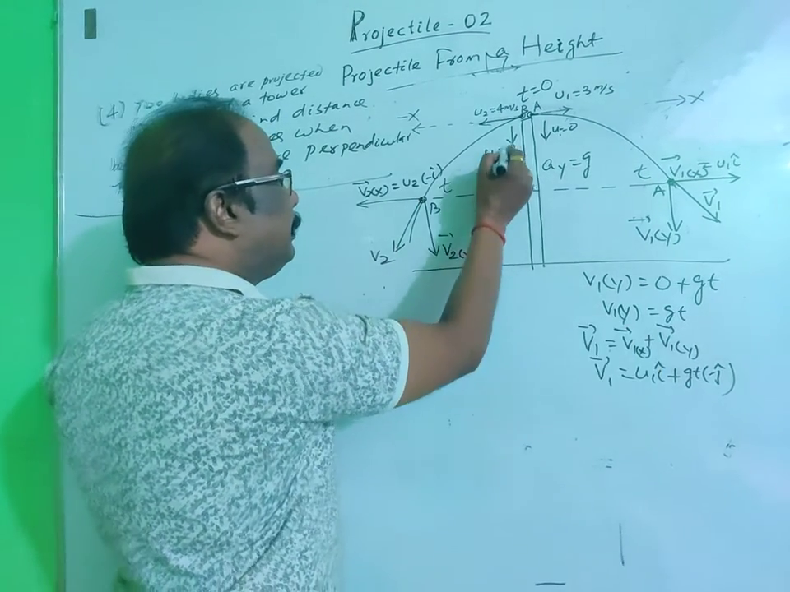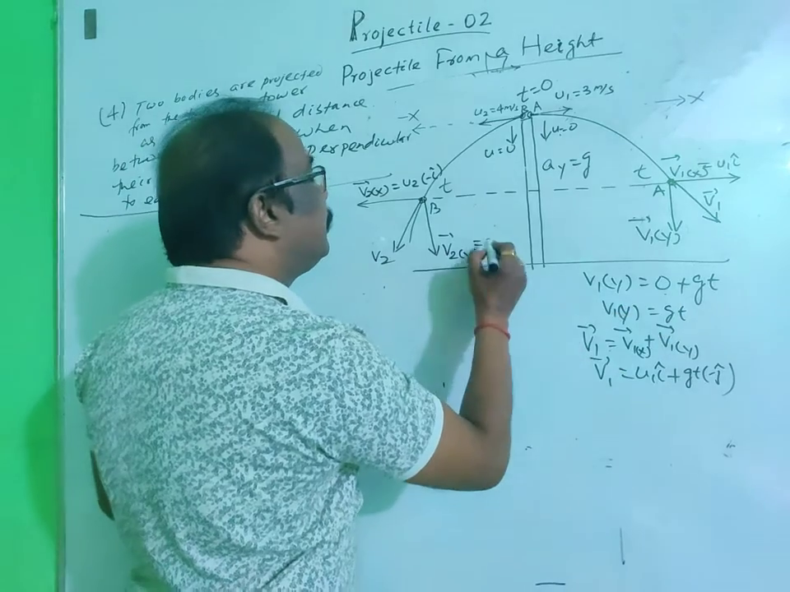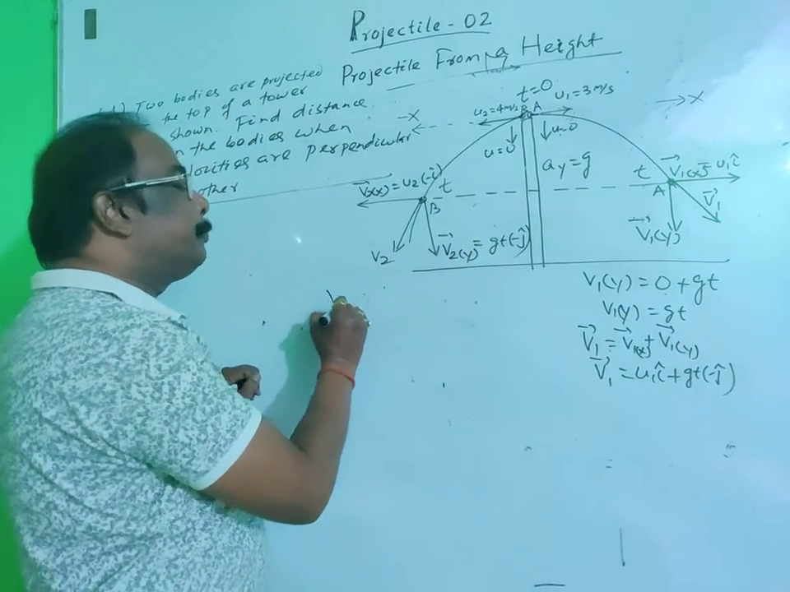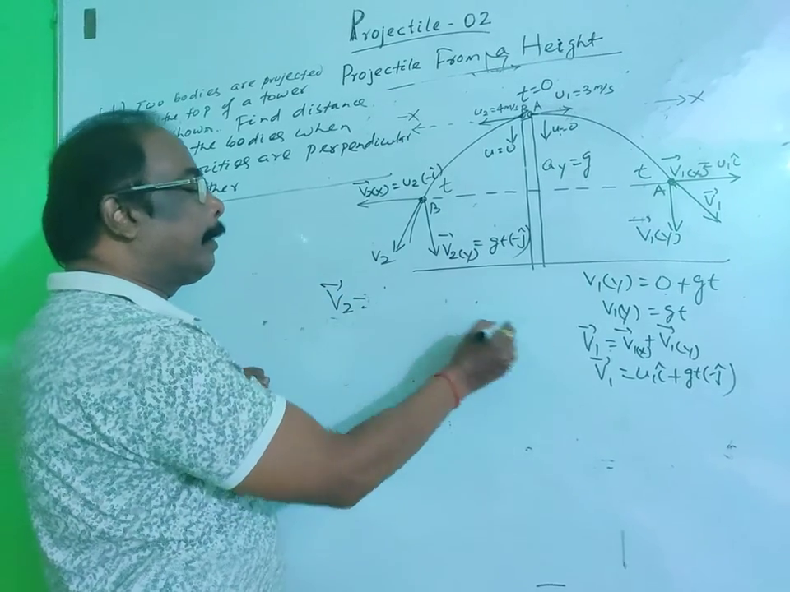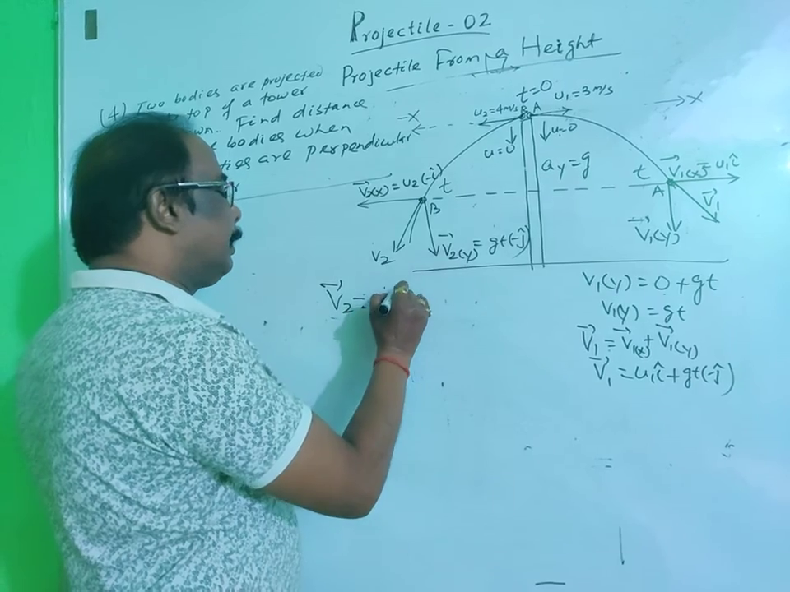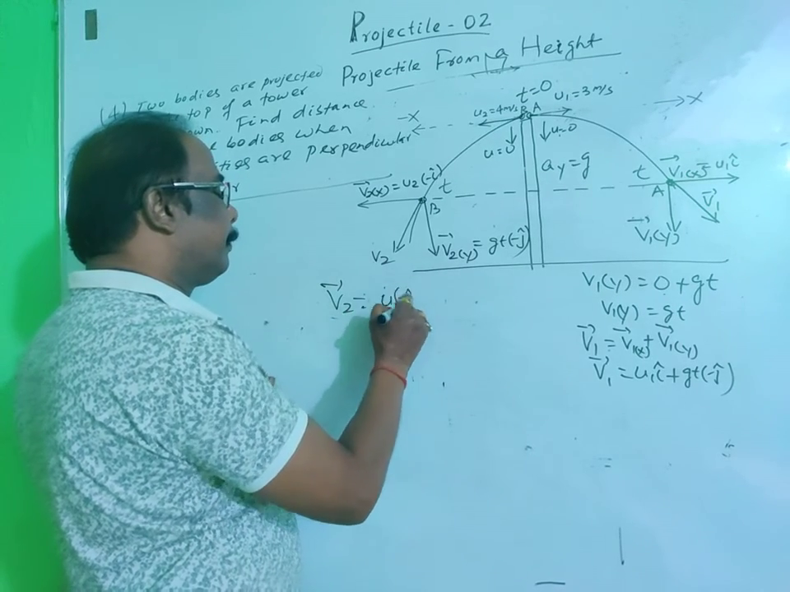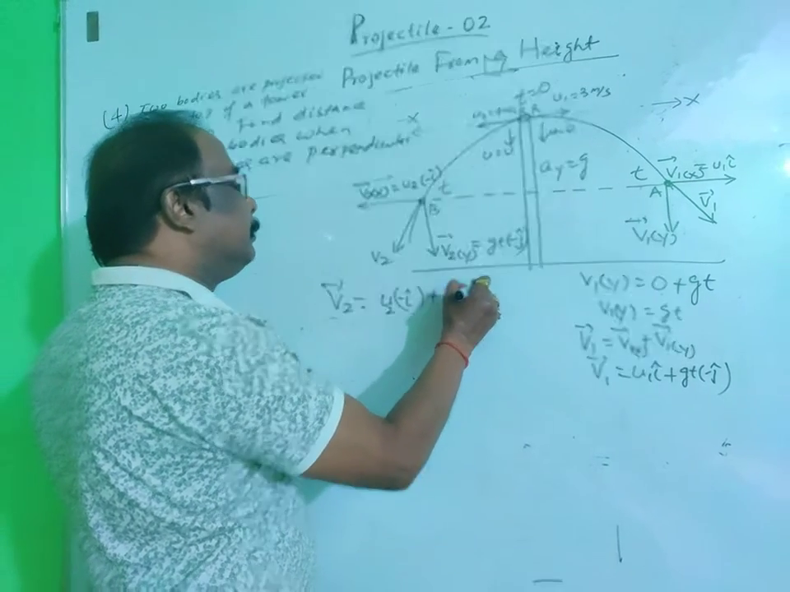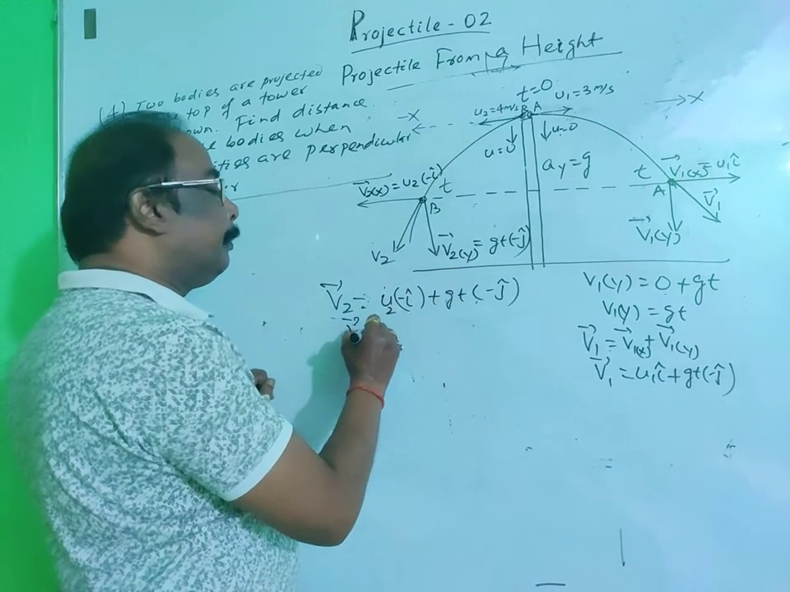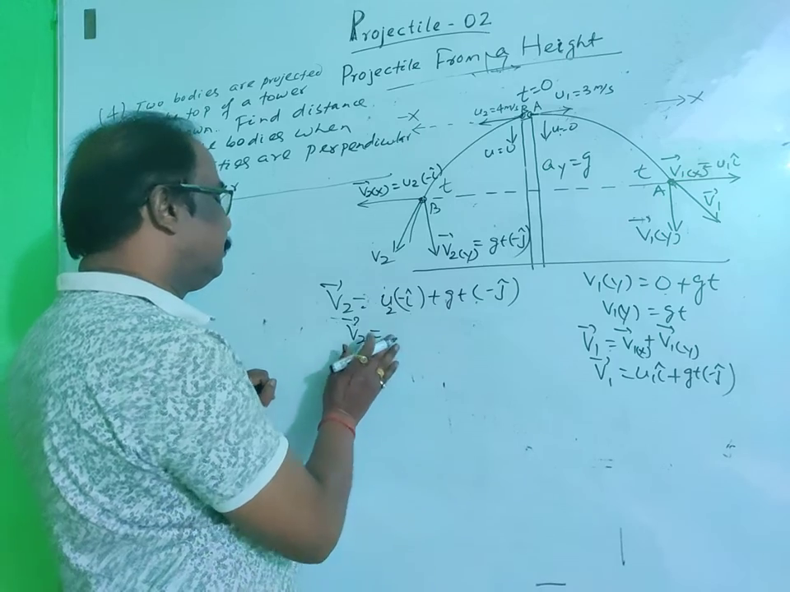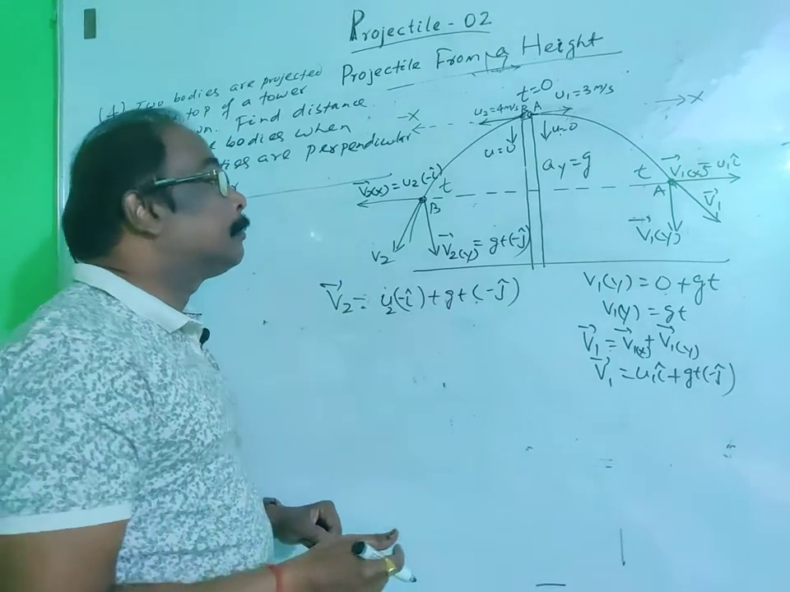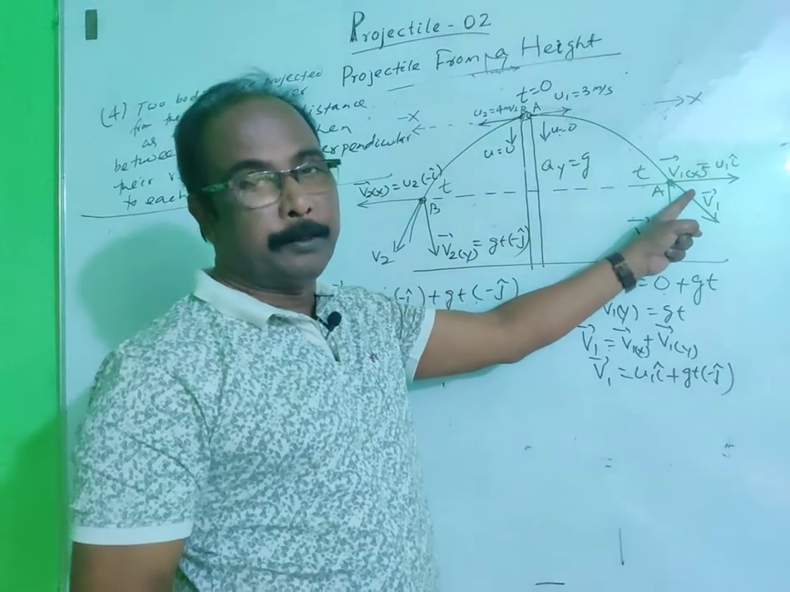This is also gt, u is 0, 0 plus gt, this is gt, and along negative y direction. So v2 vector I am writing directly: u2 minus I cap plus gt minus j cap. So v2 is this much, but it is asked what is the distance between the bodies